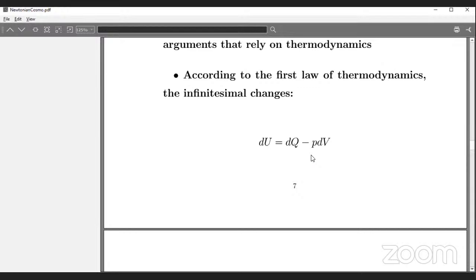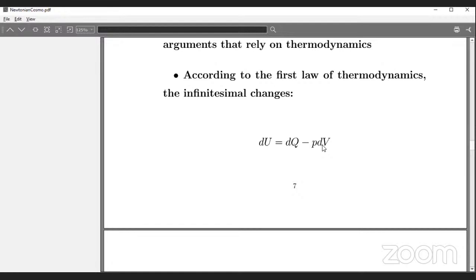Now, if your pressure is negative, see, for the vacuum energy, pressure is negative. If pressure is negative, forget the dQ, as we said that for an isolated system, dQ is 0, so that it expands adiabatically. So when pressure is negative, dU is a positive quantity times dV. Okay. So when the volume increases, actually the system does not,